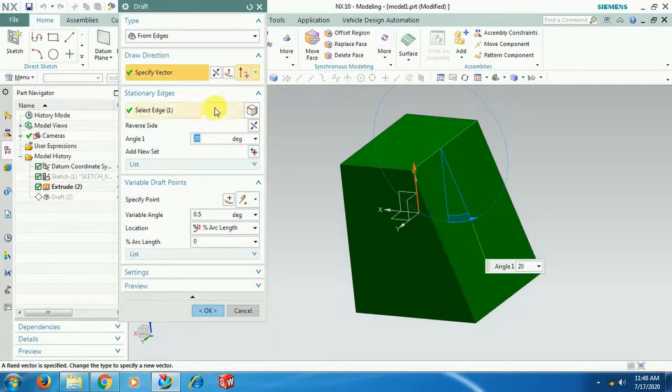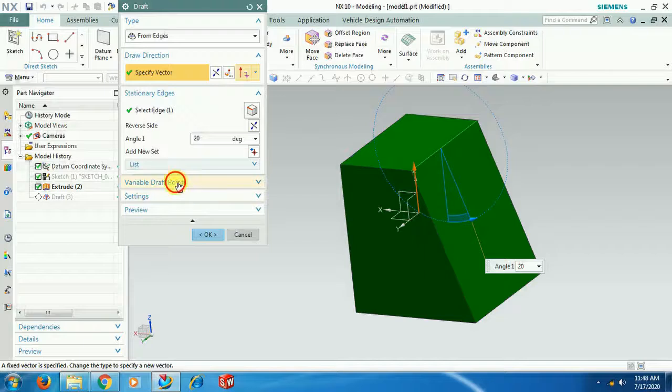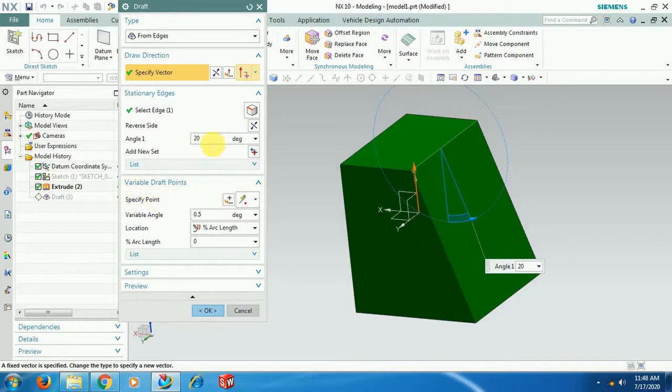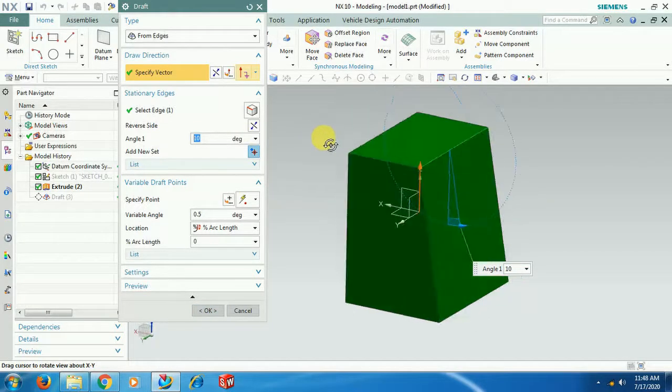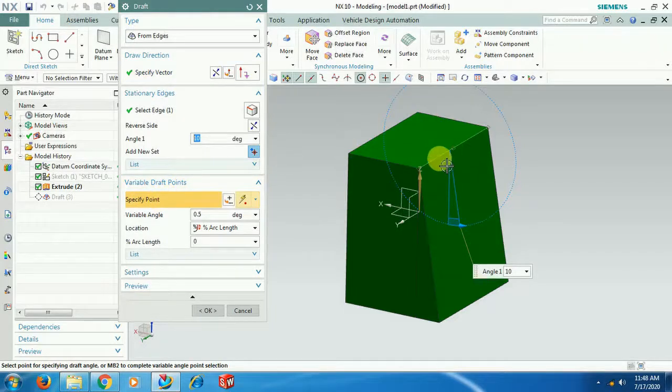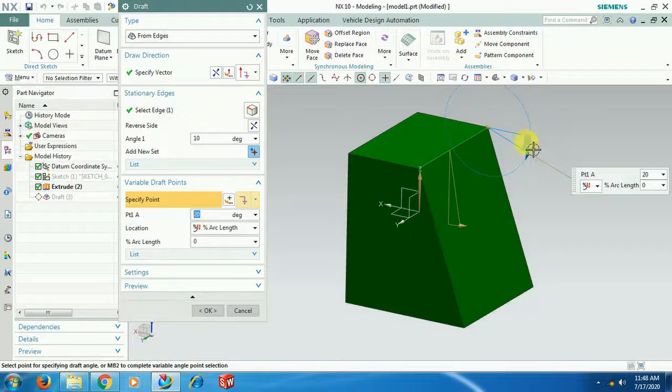If you want to change like that, we have an option for it: variable draft points. Select this, select point. Now I give 5 or 10 degrees. It is constant throughout the edge, 10 degrees draft you can see. Under variable draft points, select specific point. Randomly select a point on that edge. Then here you see percentage arc length and arc length.